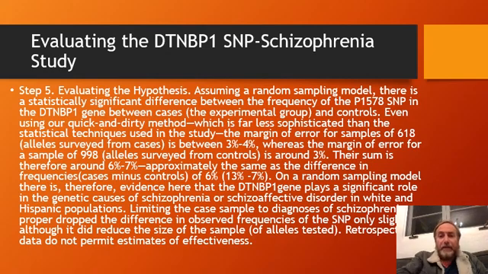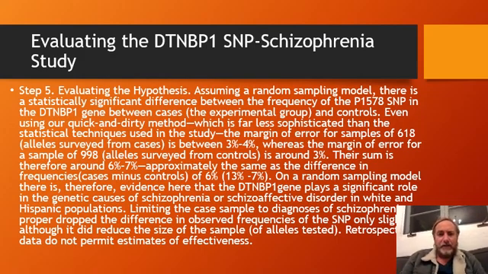Step five, evaluating the hypothesis. So, assuming a random sampling model, they claim, and certainly in this actual study, if you read the study, start off with what they report. They report a statistically significant difference. Now, notice when we do the math, it's kind of close, actually. So the margin of error for a sample of 618 is 3 to 4%. The margin of error for a sample of 998, and notice this is alleles, so it's like double the number of people,